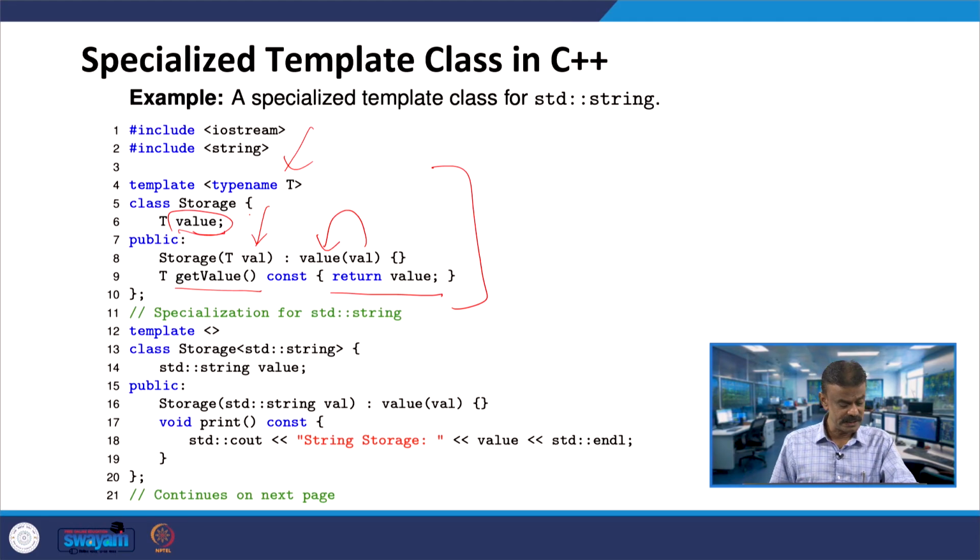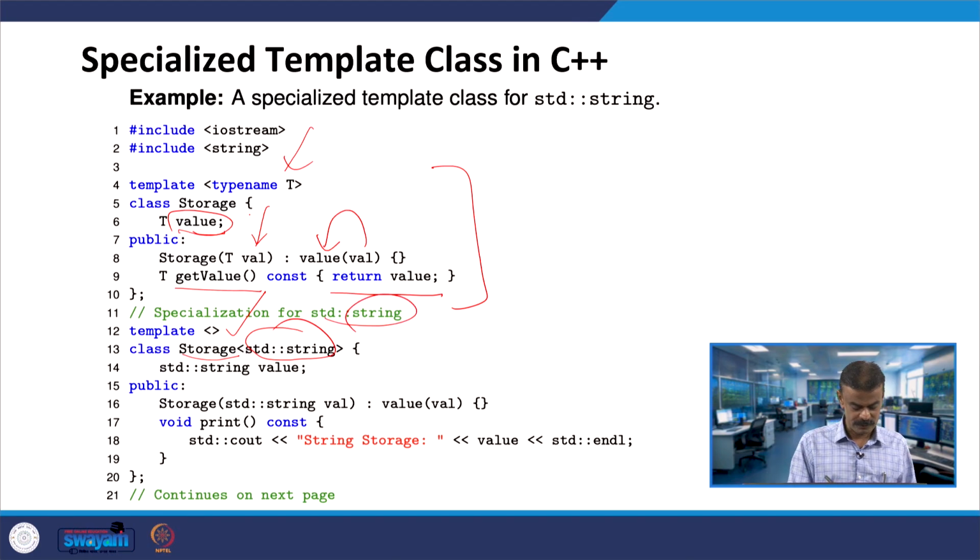Now you are seeing the specialized template class with the same name, right. When you look at line number 12, you are using this particular syntax, template angle bracket only, without anything, and then you are using class Storage. So class Storage is a specialization, or you call it a specialized template class Storage, and here you have string, previously T. T will be for any data type, and here Storage we have string, the specialization for string.